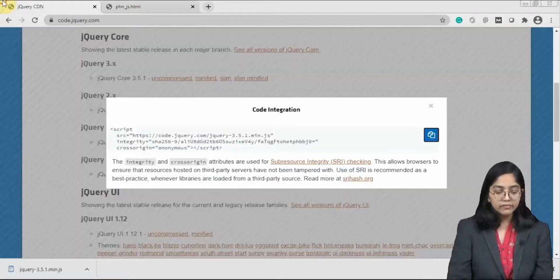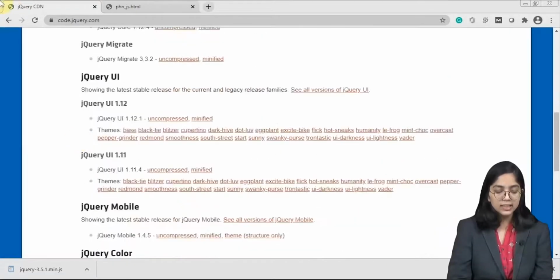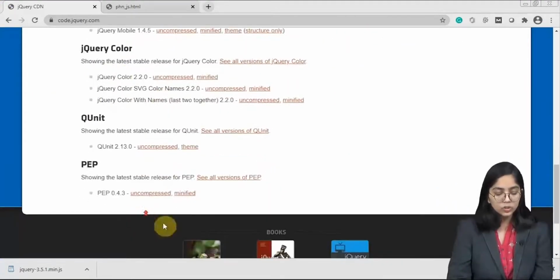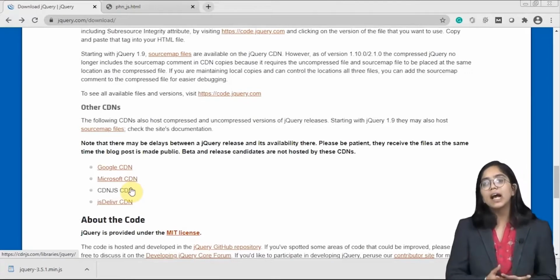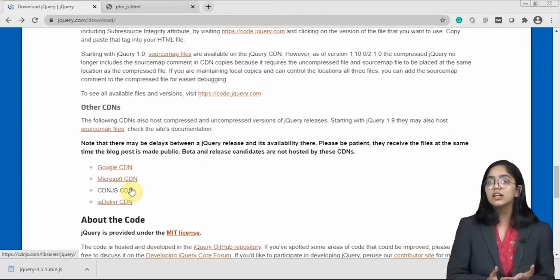You can find different kinds of CDNs over here, such as Google CDN and Microsoft CDN. You can choose any one of them. It is not going to make a difference. You can read the entire website and you will find really interesting facts, which one should know if you have a lot of interest in this language. So this was how we implement jQuery into our website. In the next tutorial, we'll start with the basics of jQuery. Till then, keep exploring and keep coding.